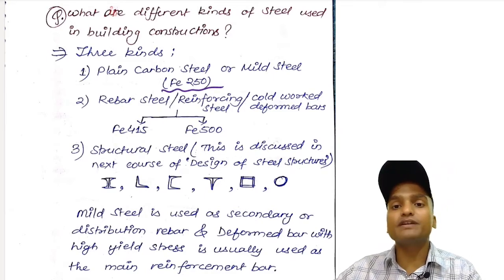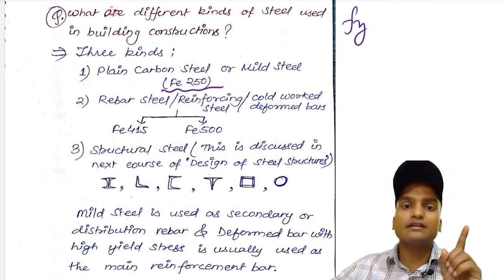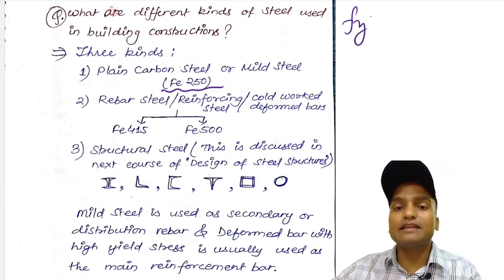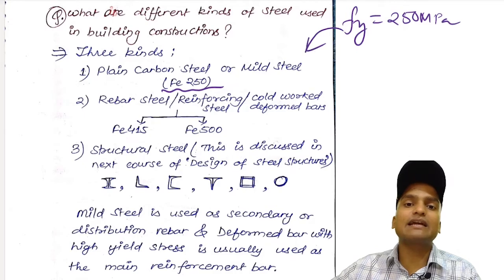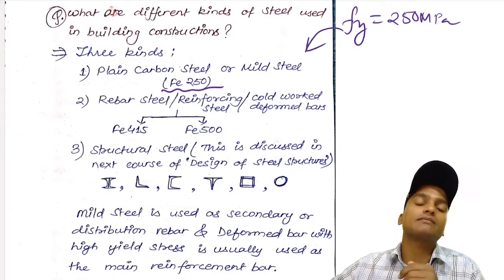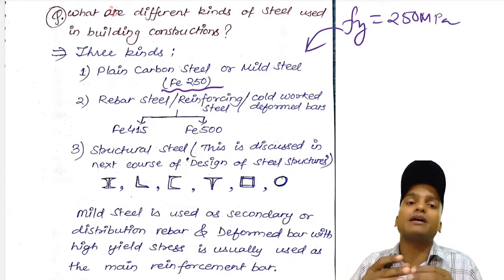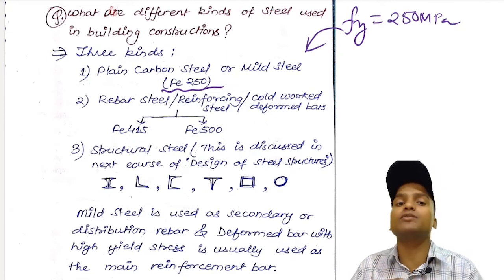अब देखिए ये 250 क्या है? ये yield stress है. Steel is an elastic material. और इसकी यील्ड स्ट्रेस कितनी होती है 250 मेगा पास्कल। तो such a mild steel is called plain carbon steel. प्लेन कार्बन स्टील कहने का मतलब है कि एक ऐसी स्टील की बार जिसका सरफेस एकदम आपको प्लेन हो, ठीक है।